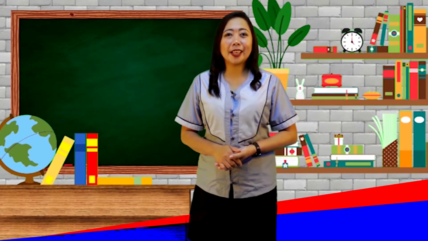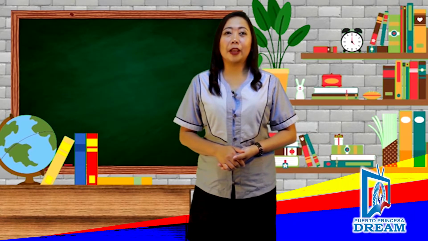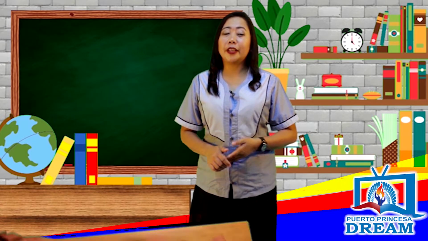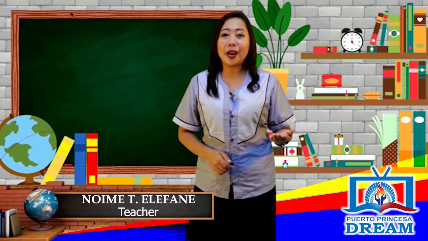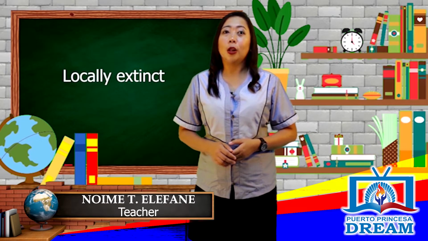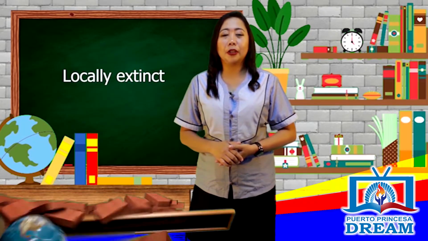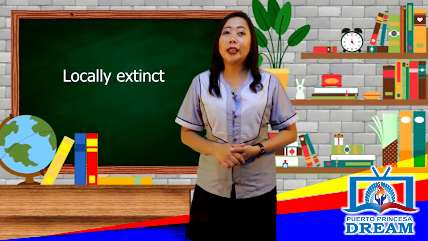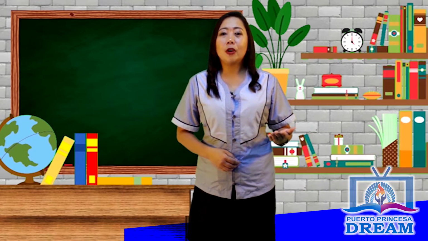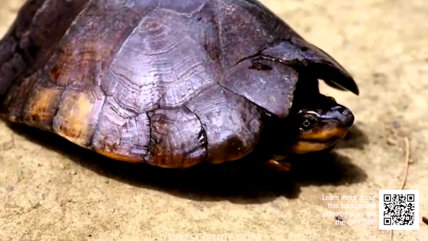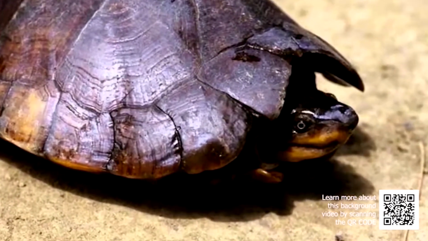Another small-scale extinction may occur in a biological community. If an endemic species in an area perishes, it is considered locally extinct. Endemic species are vulnerable to extinction. They are locally non-existent, but may be found in other places. Their kind is adaptive only to a particular environment, and migration is not suitable for their kind.